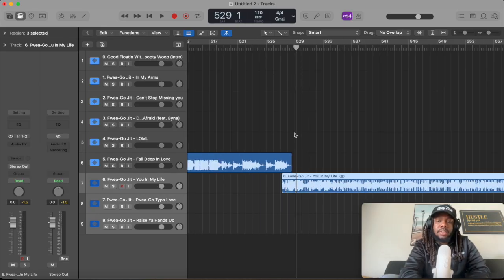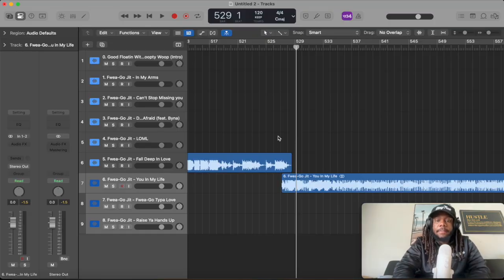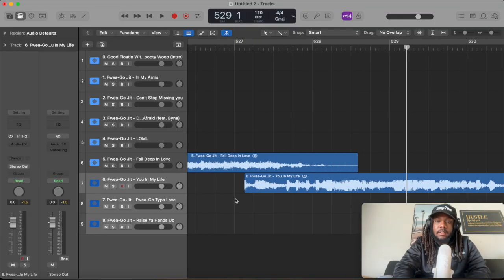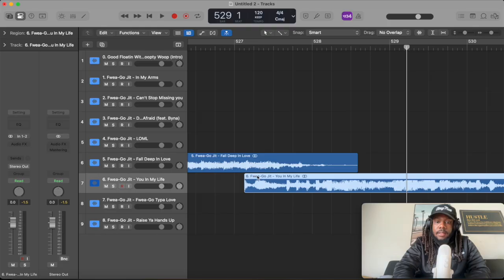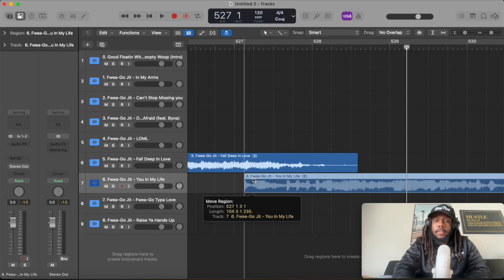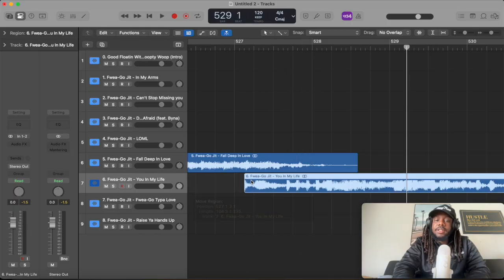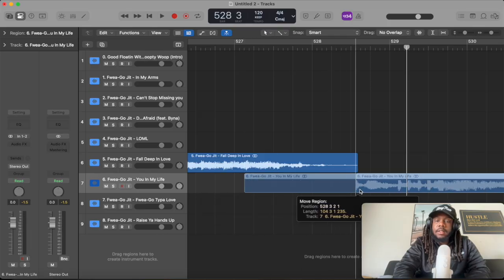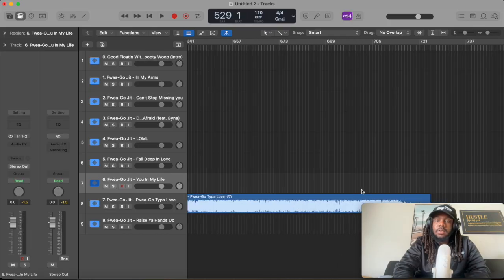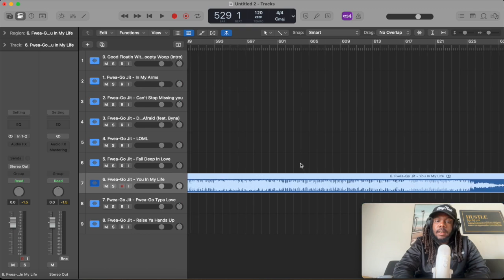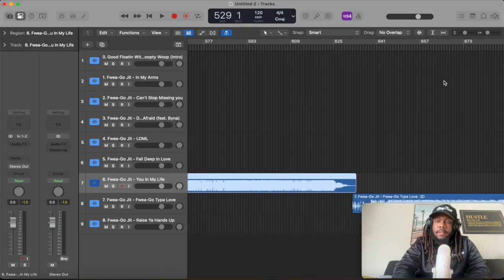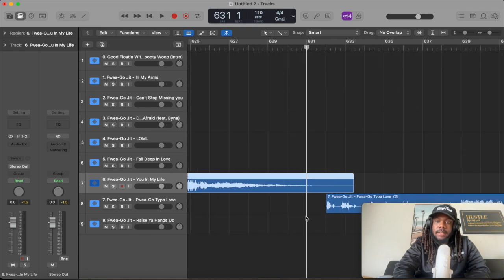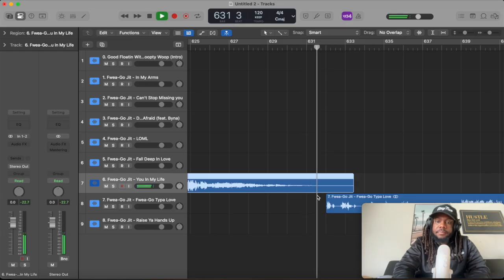Oh, that was another thing I was trying to show y'all. So if you overlap this, right? Let's say you seen that these were overlapped and you want to move this song back. You want to make sure you got every song behind this song moving at the same time. Because if you only move this one and you go back here, you're going to see that. My bad, I forgot what track I was on. You're going to see this is overlapping back here as well.